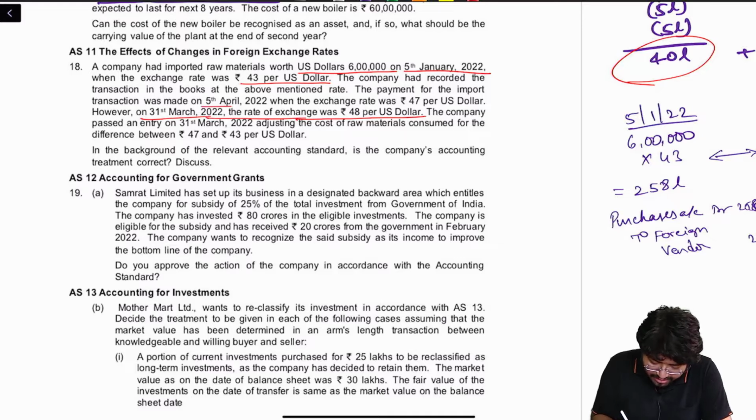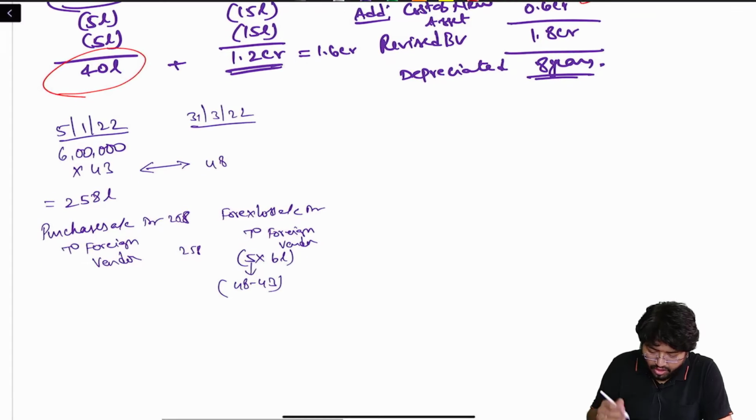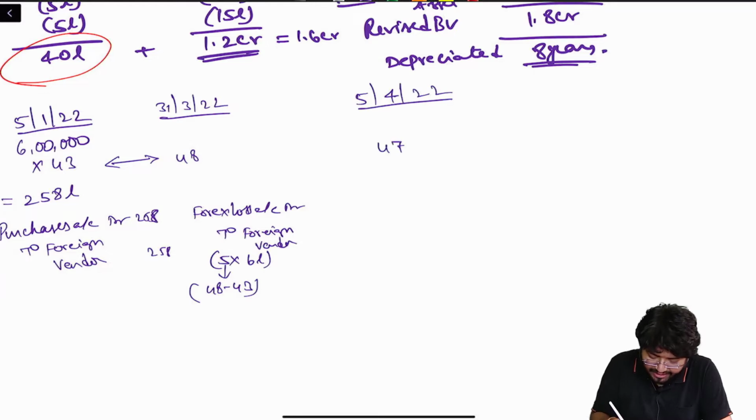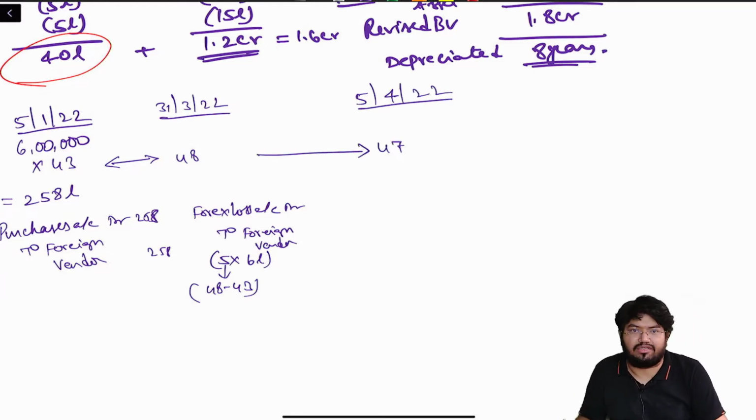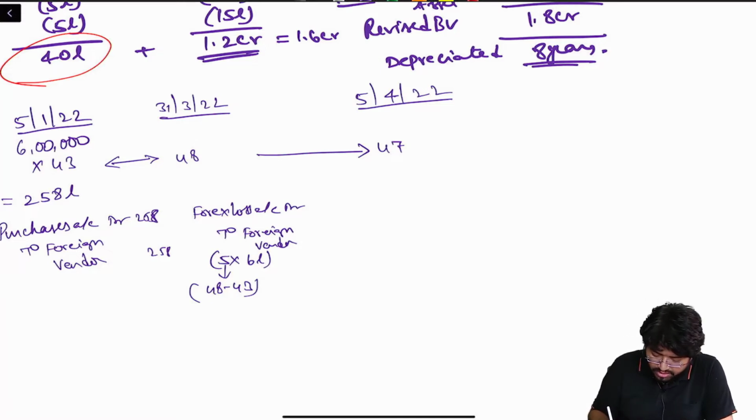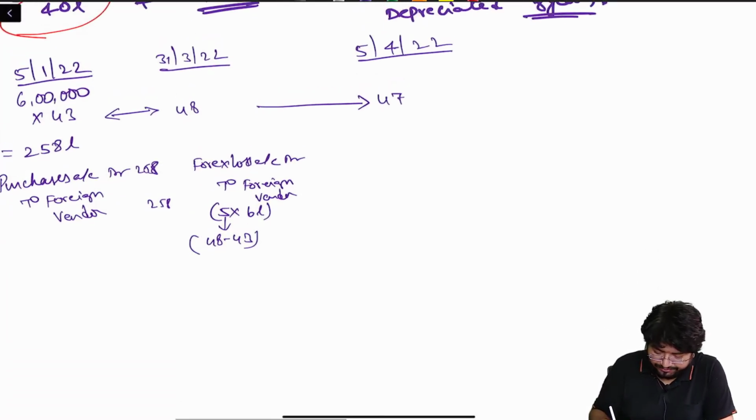And on settlement date, the rate has become 47 per dollar. Now on 5th of April 22, it has become 47 is what he is saying. That means it has fallen down from 48 to 47, which means I am going to pay 47 rupees on $6 lakh. So how am I going to recognize that? I am going to recognize it as